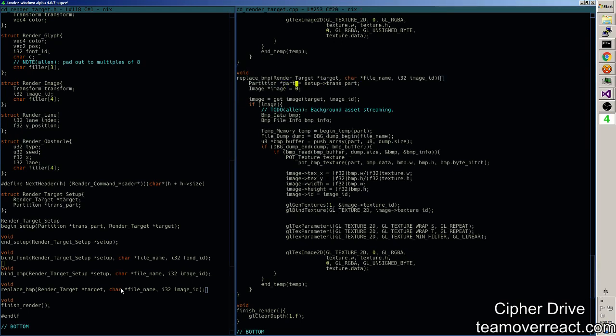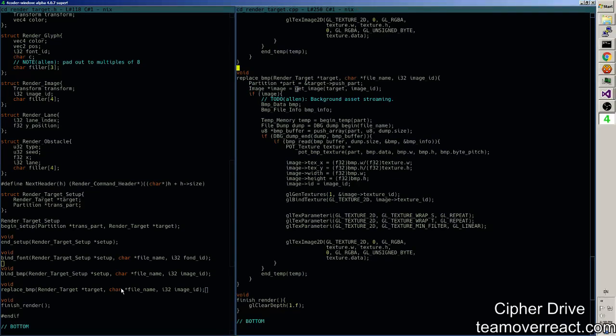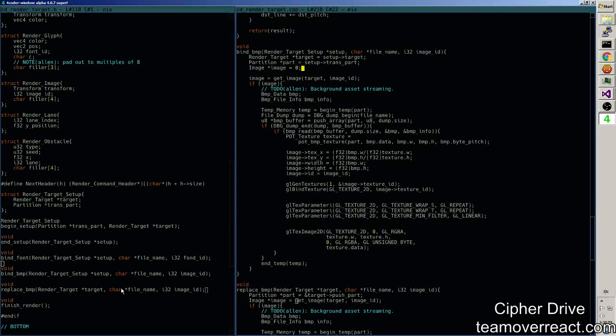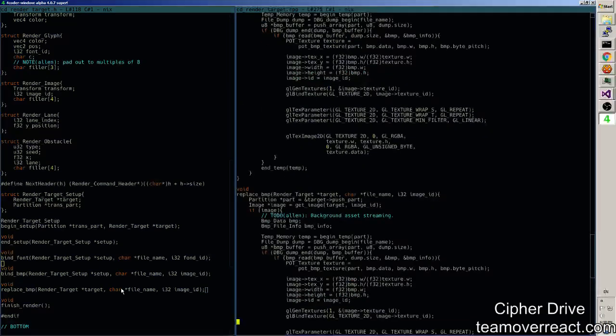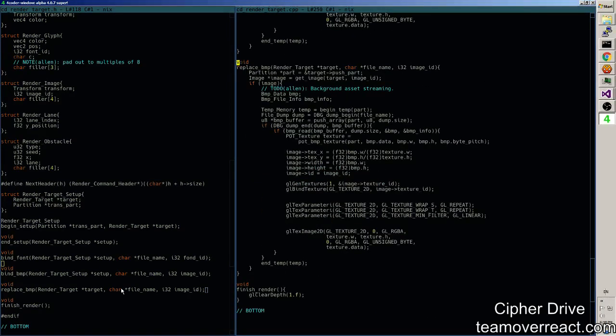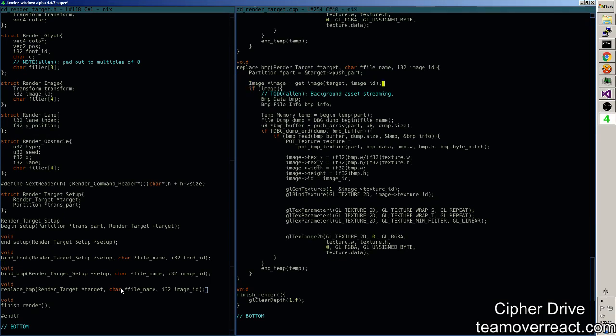Get a partition, which is going to be the target's push partition. And then we're going to get, why is that a two-liner? That should not be a two-liner, that looks stupid. I write stupid code sometimes. Okay. So now I get that image, and